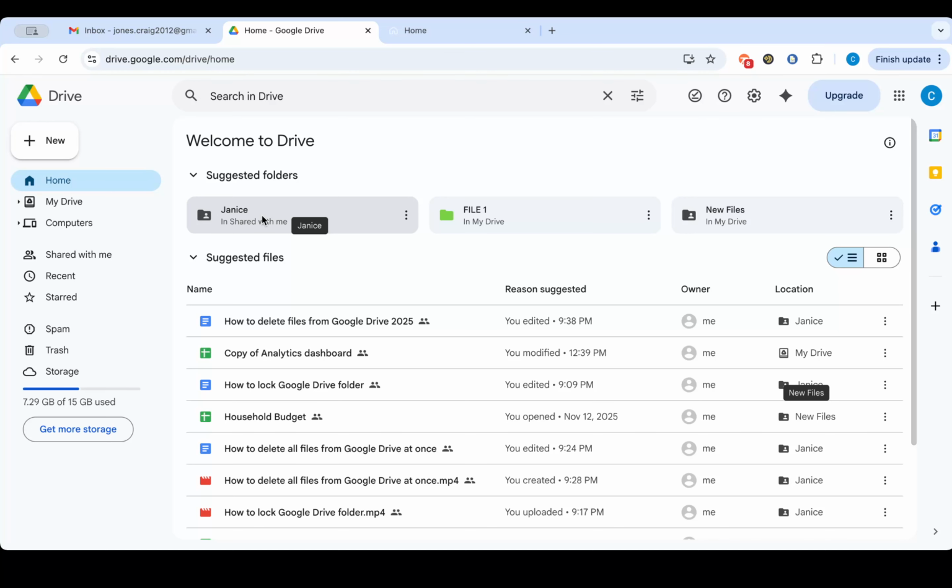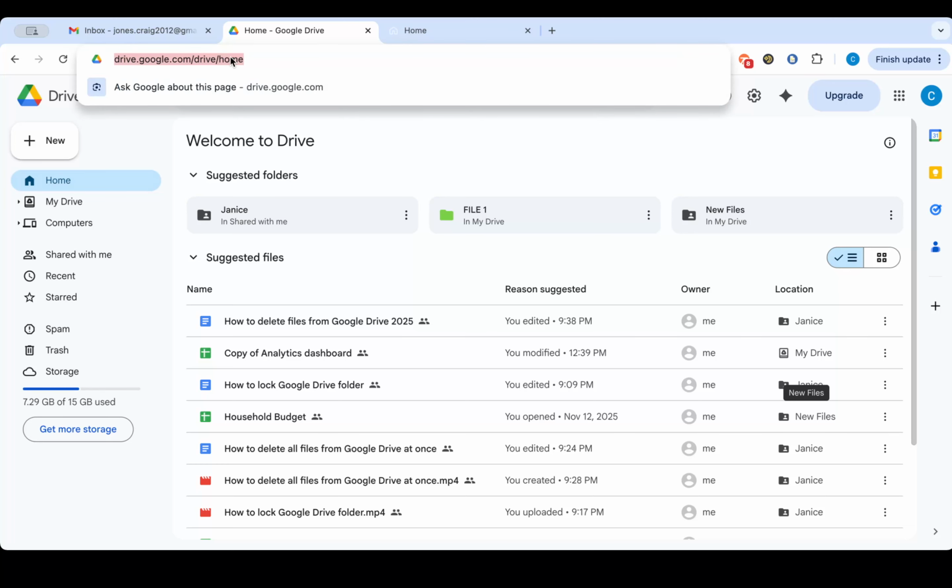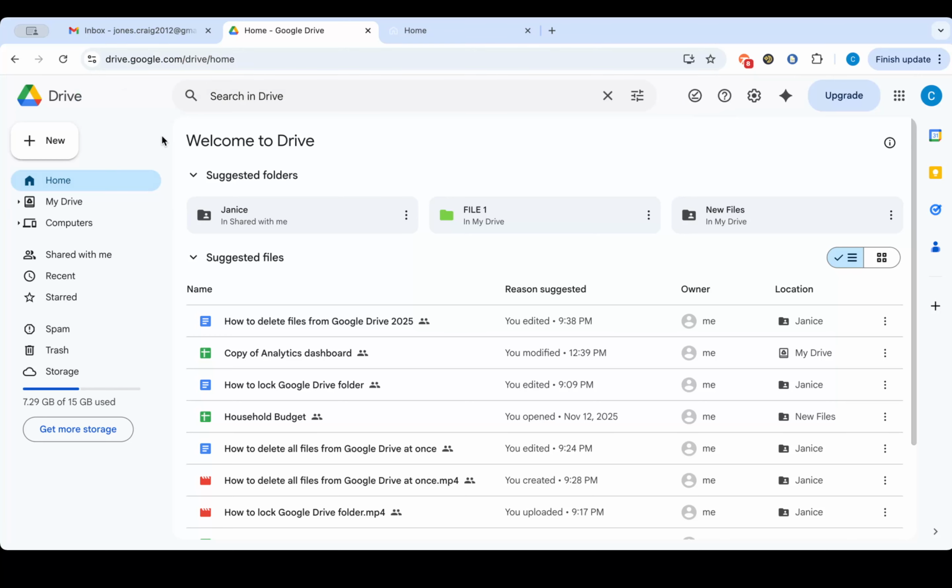First, open your web browser and type in drive.google.com in the address bar. This will take you directly to Google Drive. To use all the features that Google Drive offers, make sure you are signed in with your Google account. Once you're signed in, you'll be greeted with your Drive dashboard, which serves as the main hub for all your